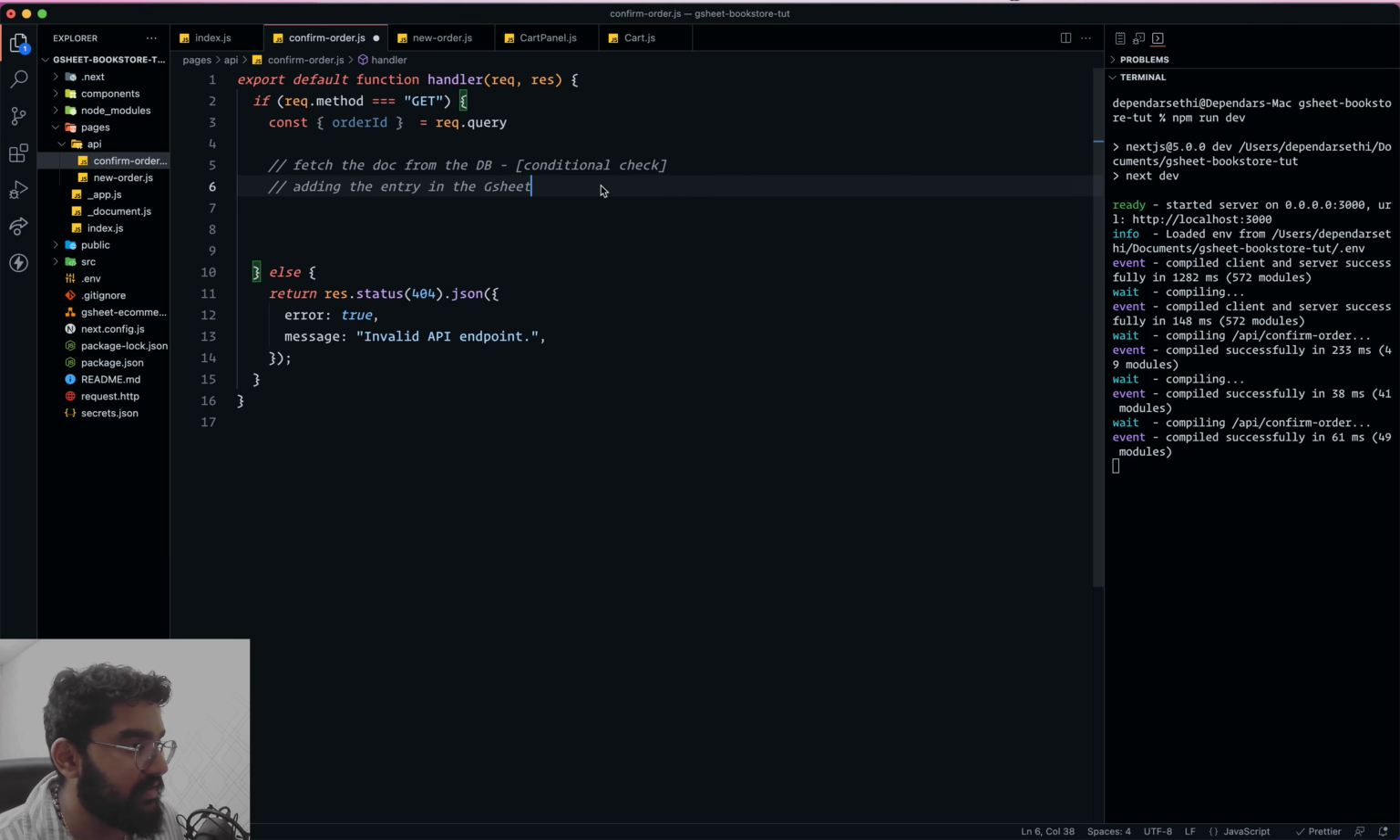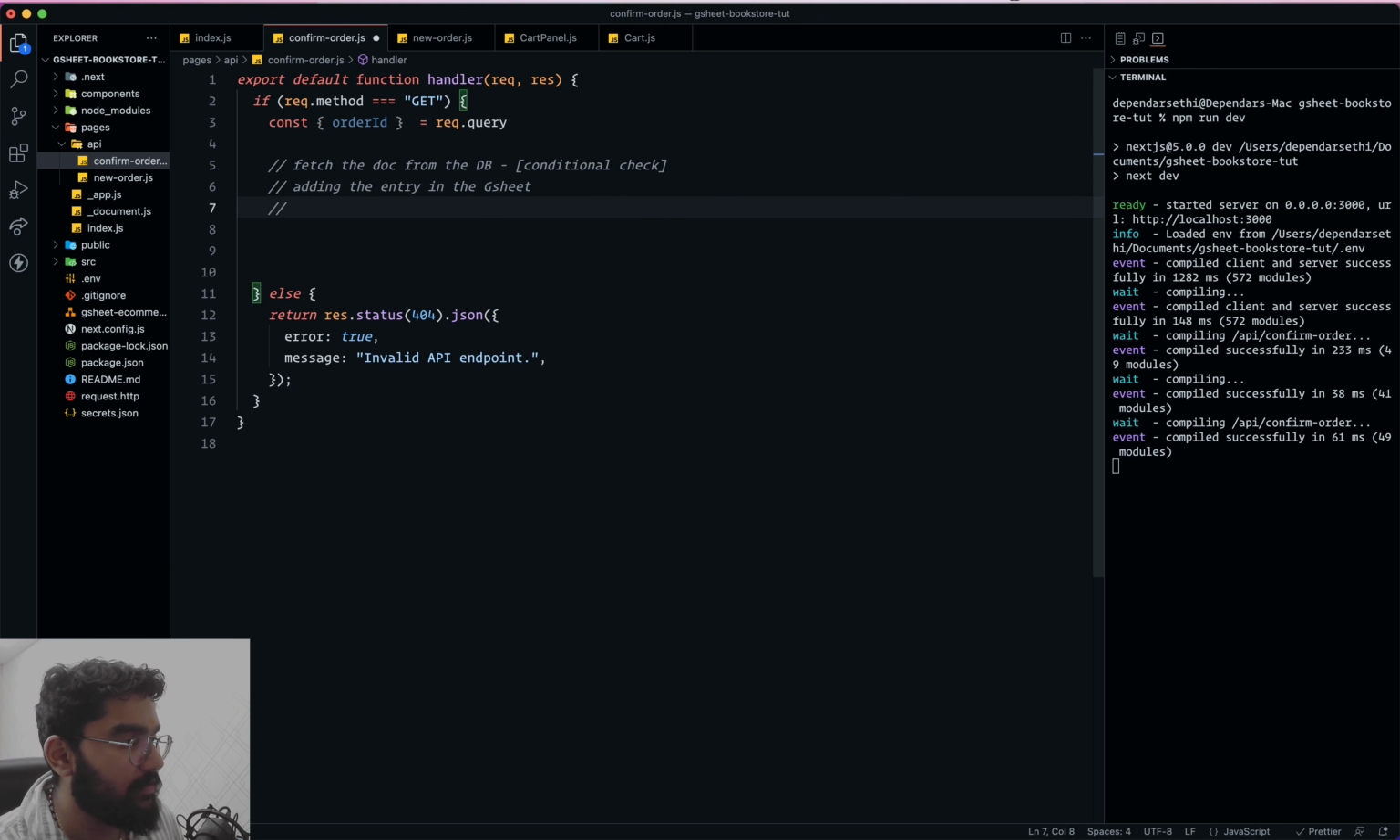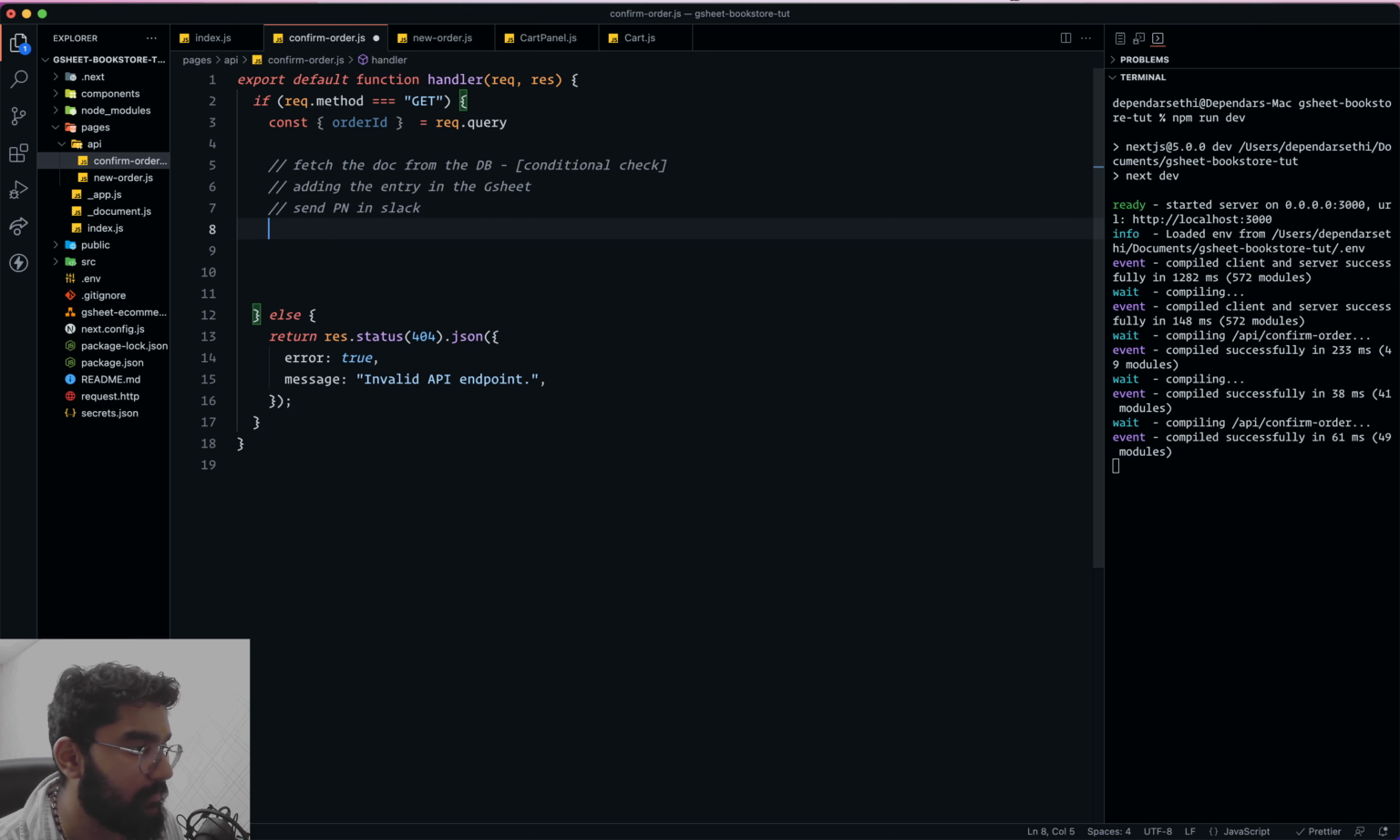So that's the second thing. Then the third one would be to send a push notification in Slack. And lastly, we need to delete the document. Well, actually we can do this